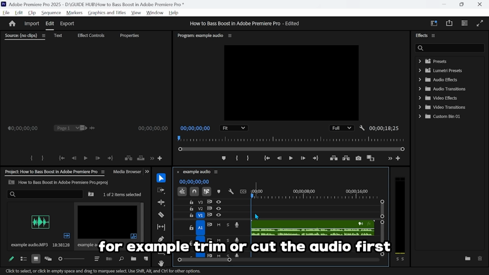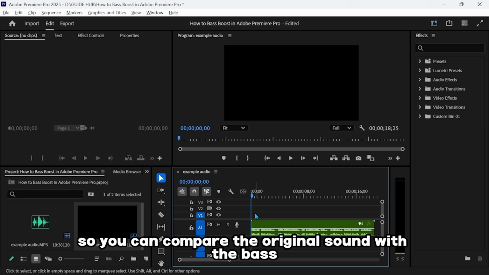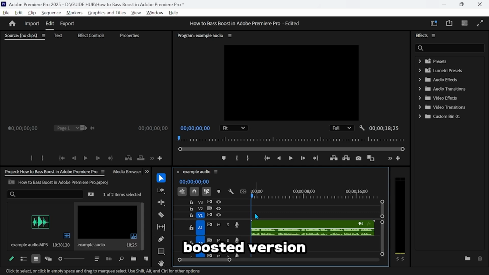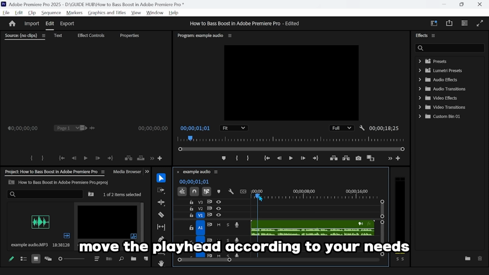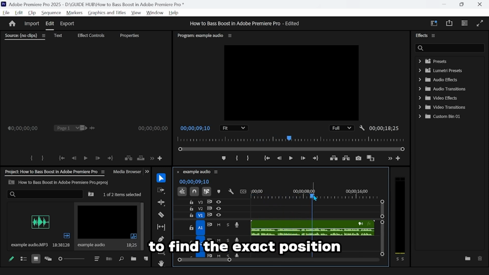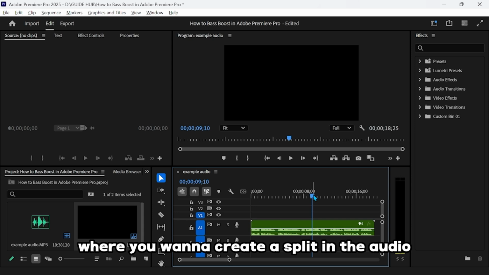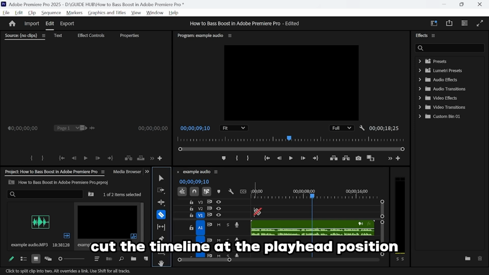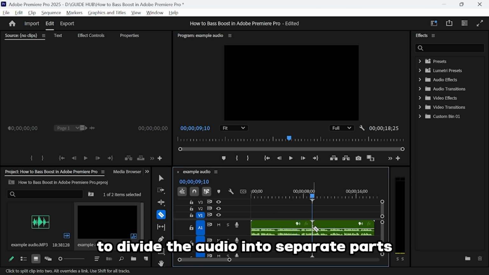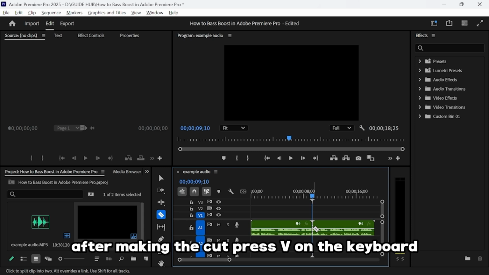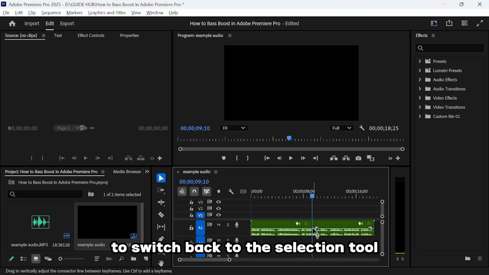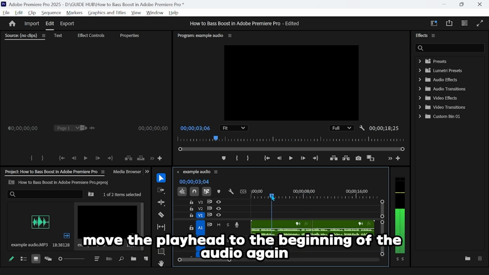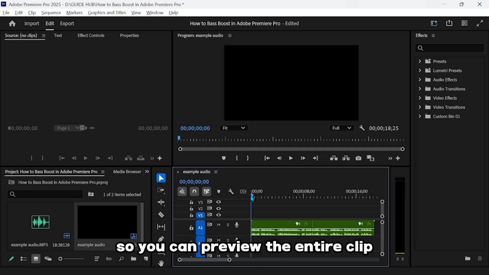For example, trim or cut the audio first so you can compare the original sound with the bass-boosted version more clearly during playback. Move the playhead according to your needs to find the exact position where you want to create a split in the audio. Then select the razor tool so you can cut the clip at a specific point. Cut the timeline at the playhead position to divide the audio into separate parts that can be edited independently. After making the cut, press V on the keyboard to switch back to the selection tool so you can continue working normally. Next, move the playhead to the beginning of the audio again so you can preview the entire clip